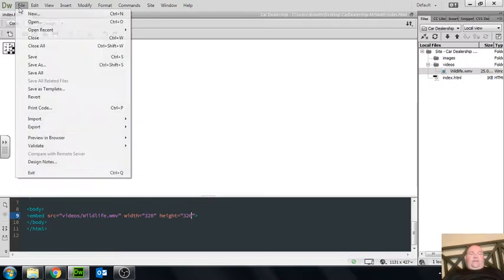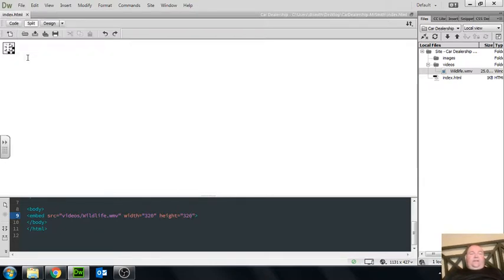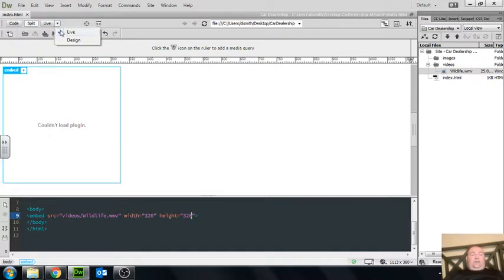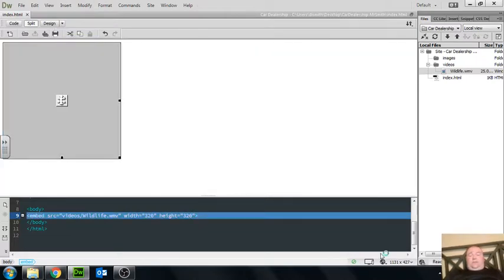And I'll save that. And you might be sitting there thinking, well, how can I tell if this is showing up on my page or not? If you go to live view, you'll see it's still not showing up on there, because it will always say can't load plugin. But if you preview it in your web browser, just right down here,